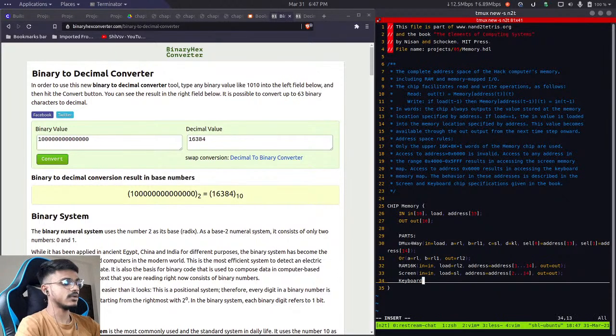First of all, let me write down the implementation of keyboard. It will just have an output, and we will keep it inside, let's see, KO, keyboard out. That is it for keyboard, and we'll keep the output of screen inside SO for screen output, and RO for RAM output. Now we can copy this Demux implementation,